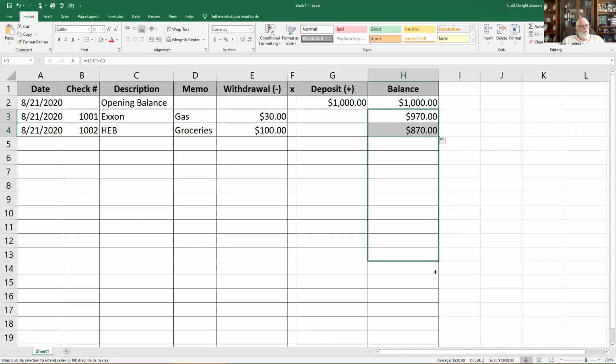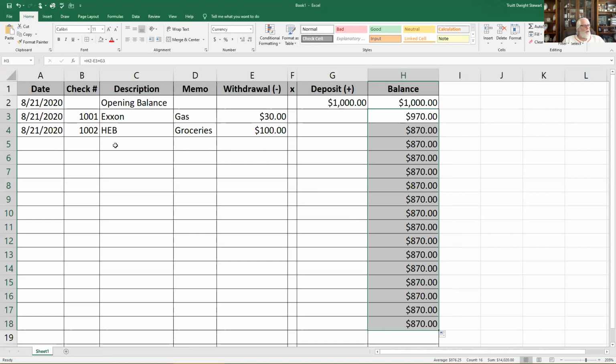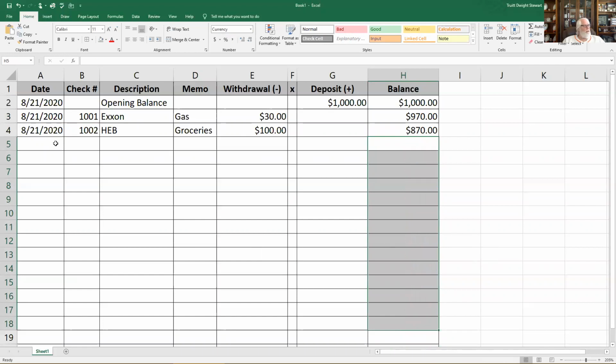If we do it all the way down, because we have no values over here, it just records that same entry across. So you can either do it this way, or every time you make an entry, you can just drag the formula from the cell above it. So let's go in here,